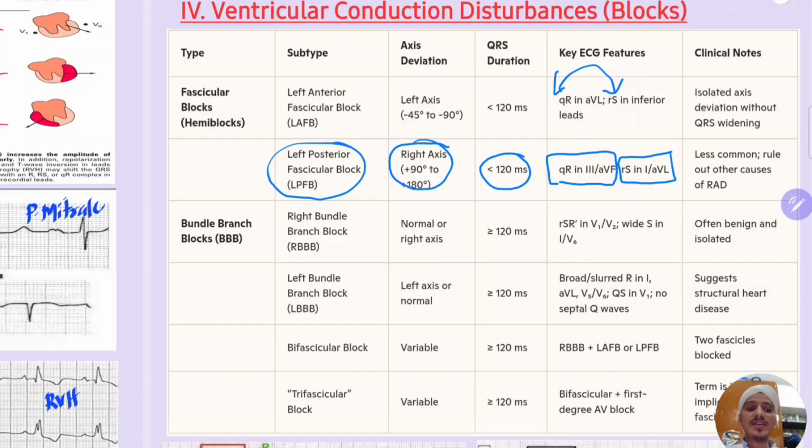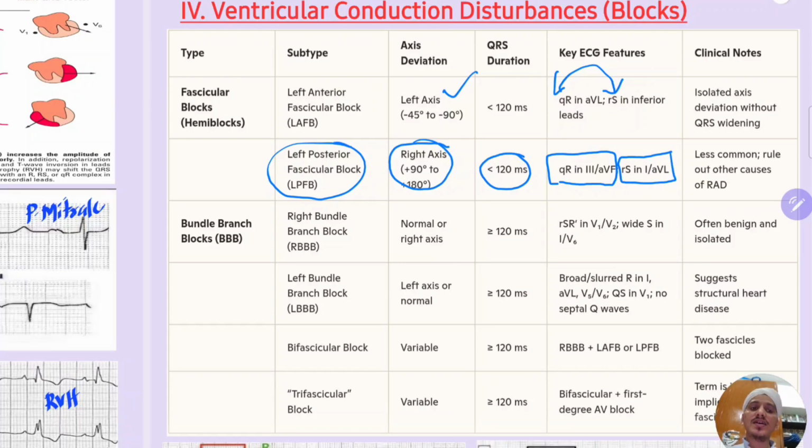So when there is anterior fascicular block, there is left axis deviation. Along with that, QR and RS. QR pattern in the left lateral leads, because it is left axis deviation, that's why left lateral leads, and RS pattern in the inferior leads. But when there is posterior block, there will be right axis deviation, that's why QR pattern in